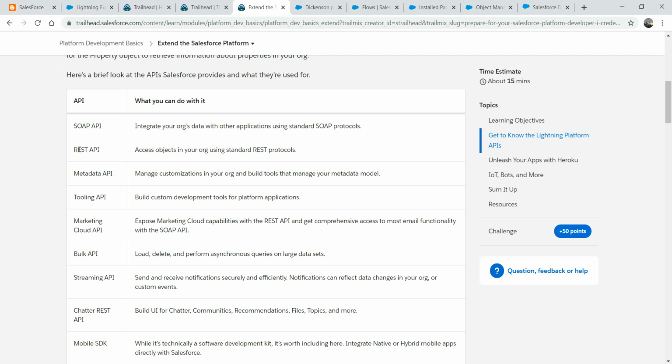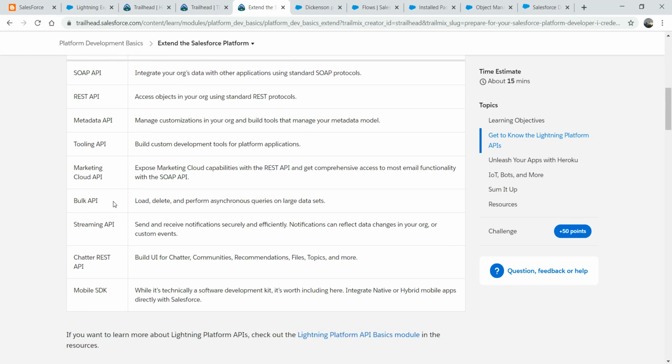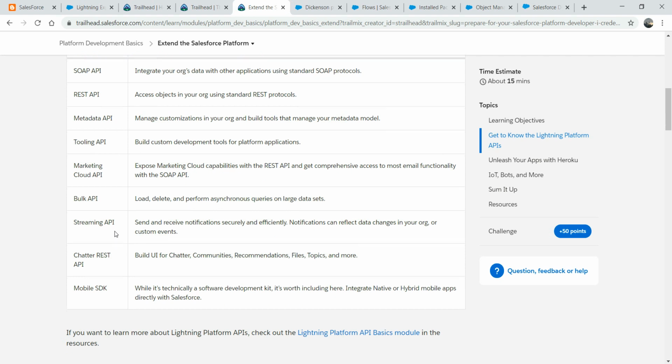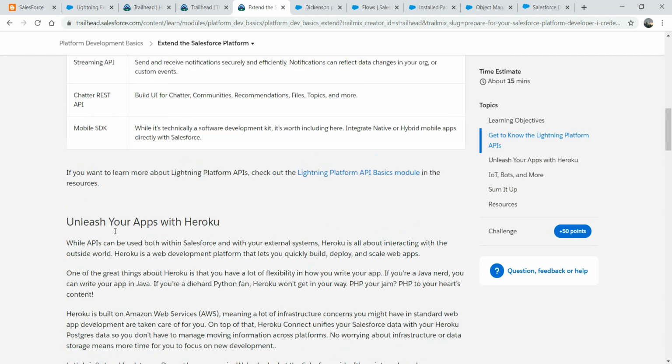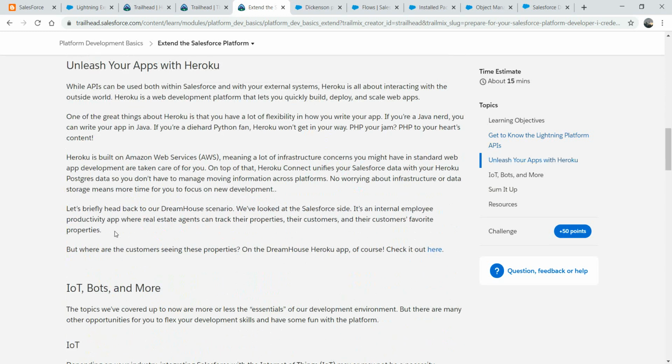And then we have the Metadata API, the Tooling API, Marketing Cloud APIs, and the Bulk API is very important, because if you want to do an asynchronous query on a large data set, then the Bulk API comes into the picture. And to send and receive notifications securely, you rely on Streaming APIs. And then there's the Mobile SDK, which you can use to... So Heroku,